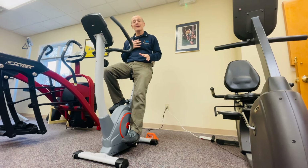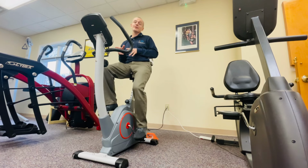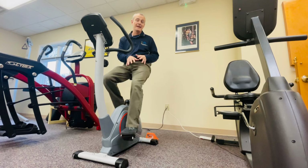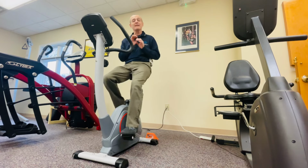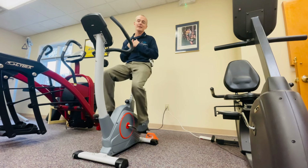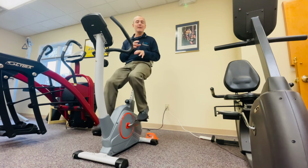I'm a licensed physical therapist, and I want to talk to you today about this Sunny upright exercise bike. So I purchased this for my physical therapy clinic because I treat a lot of patients who have had a total knee replacement. And one of the things that I particularly like about this exercise bike relative to other comparable exercise bikes is after a total knee replacement, many of my patients find it